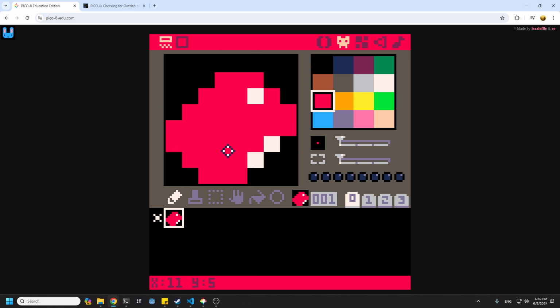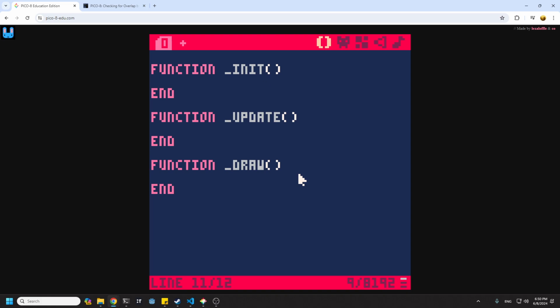I just drew some pixels here, picked a color, and this is it. And you should note that it says 001 here. So this is the index, the number of the sprite. So to draw this specific thing on the screen, we would do SPR, which is a special function included in the Pico 8 standard library, as it were, and we give it the number 1, and we then give it some X coordinates and some Y coordinates. And now if I run